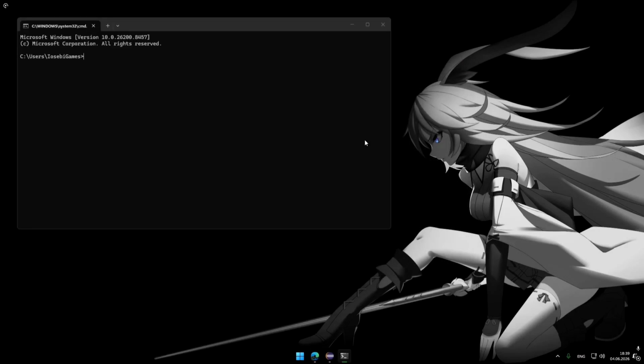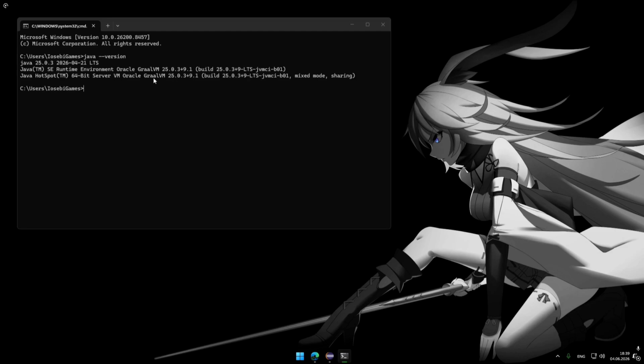CMD, alright, and let's type java -version. And yep, now you can see Oracle GraalVM. Nice, it's working. However, if you somehow got a fatal JVM exception or something, yep, that happens, you just need to type java and version and nothing else. Like, you don't need to include those two lines or something.